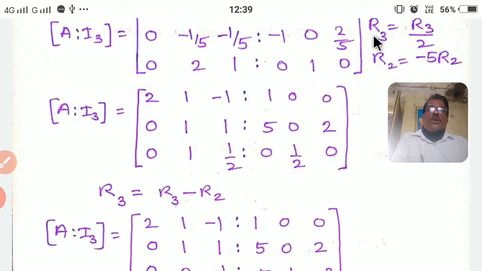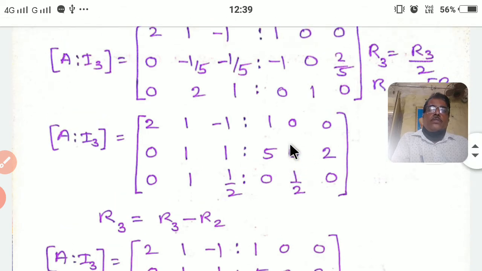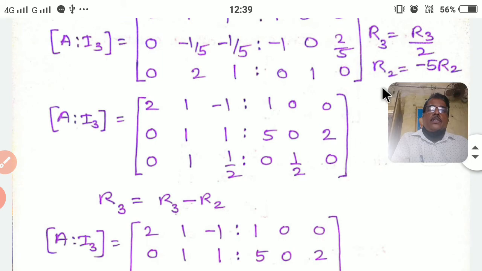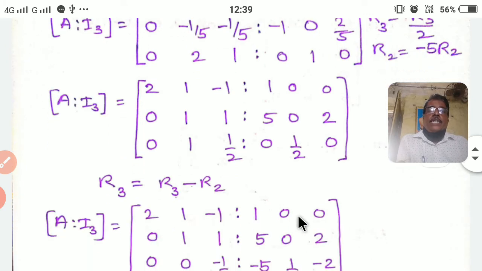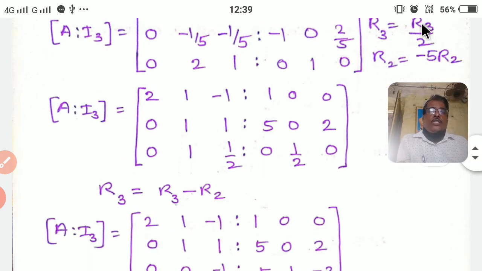Now same operations we carry for this unit matrix also. So now first row as it is, 1 0 0. Now here we take R2 as minus 5 into R2. R2 is equal to minus 5 into R2. So here R2 is minus 5 into 1 plus 5, minus 5 into 0 is 0, minus 5 into 2 by 5, minus 5 plus 5 get cancelled, so it gives 2 is equal to 2. Okay, so next we write third row, R3 is equal to R3 by 2.